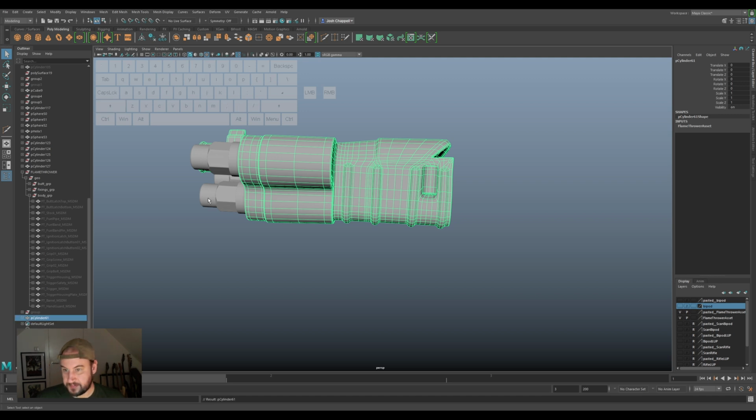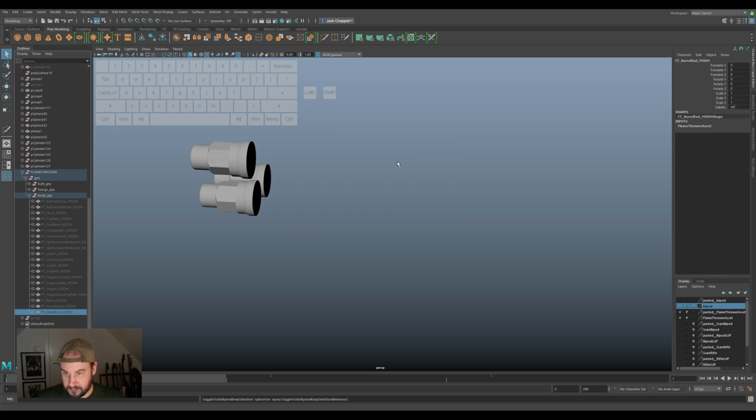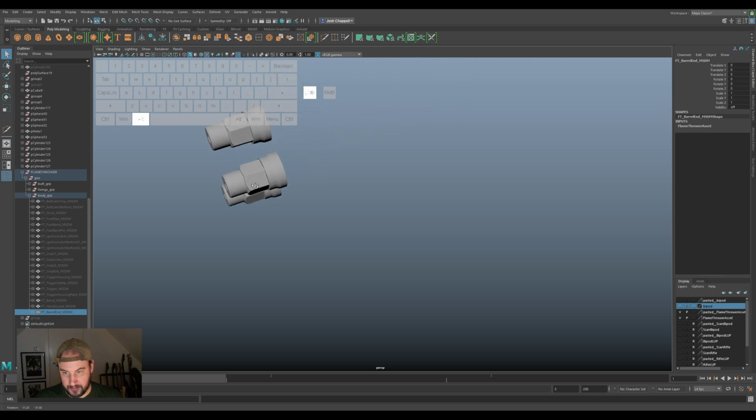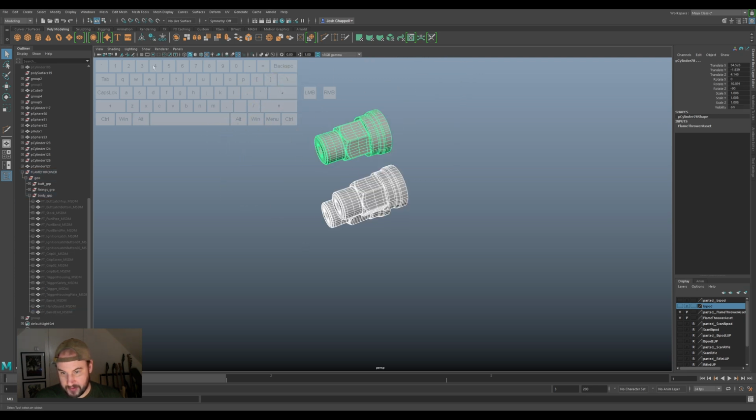Shift P that out. Deal with history. And we'll call this barrel. And I'm not sure it's got a proper name, but actually only got those left, so